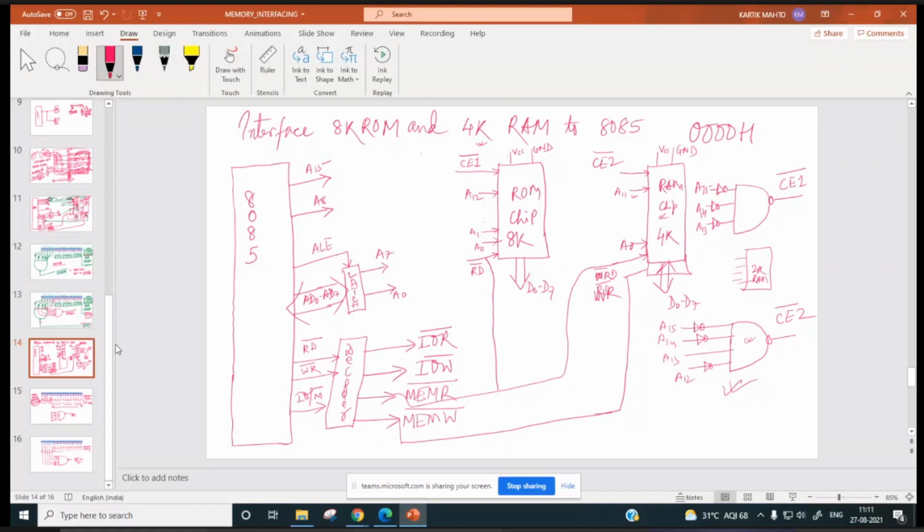And accordingly, finally the output of that decoder will be connected to chip enable. In fact, for expanding the memory, you will already have the slots. Simply you have to put a chip of the given size over there, and automatically it will be expanded. Everything else, like the decoder, will be there.